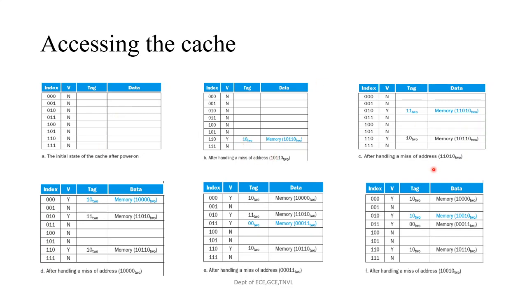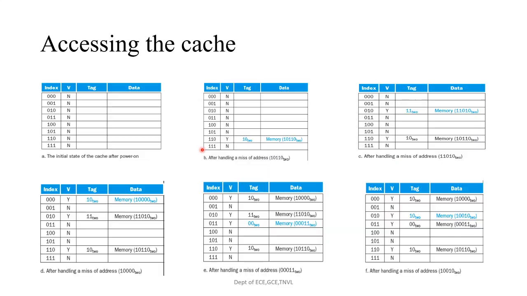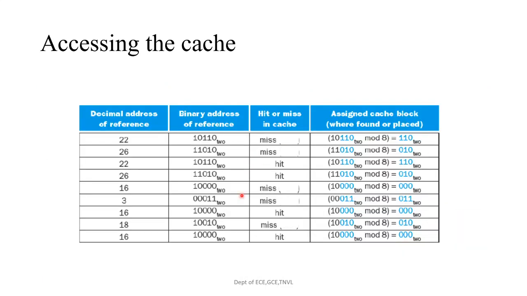So now coming to the second one. Next, we want to search the decimal address 26, and we need to map this in the cache address 010, with the tag field 11. So this is being mapped like this. This is mapped to 010, and the tag field is 11 to the base 2. Next, we want to search whether the data in 10110, that is the memory address, is being mapped in the cache or not. We want to check.